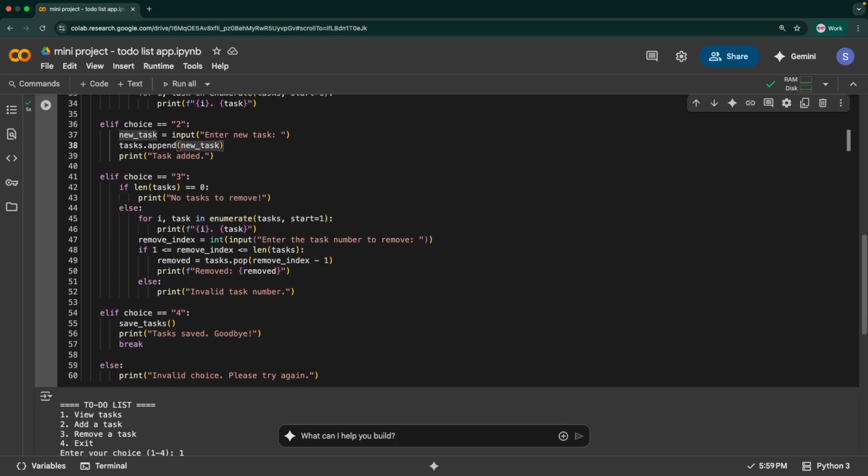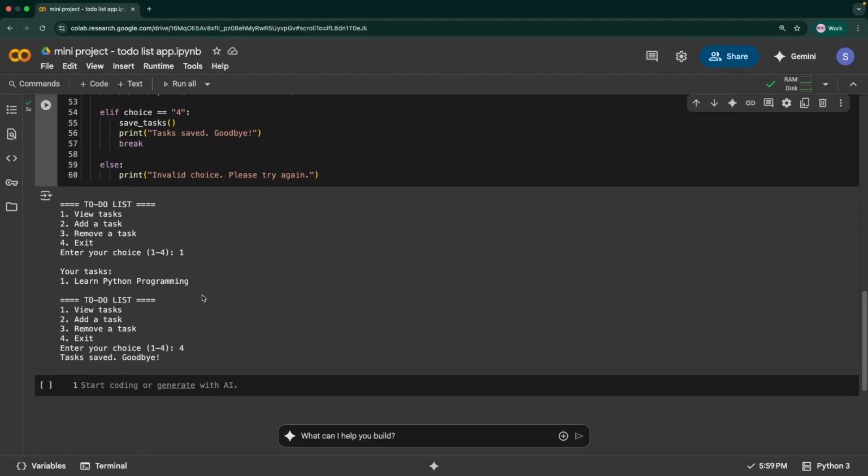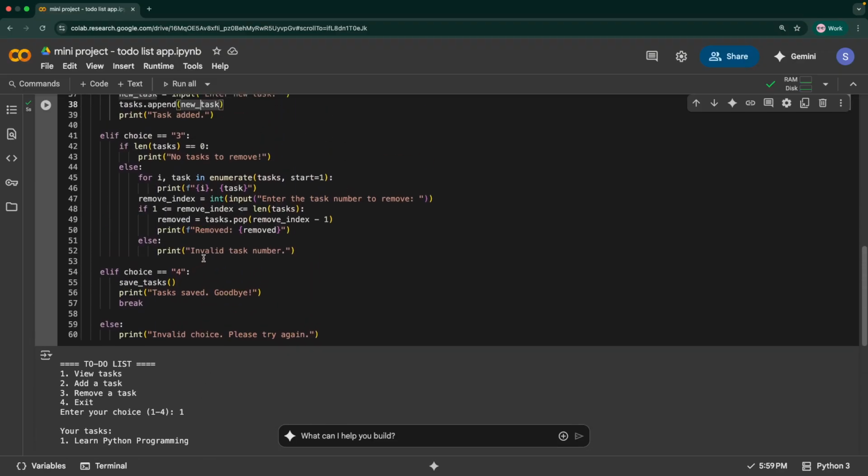And option 3 is removing a task. How we would remove a task is, first we display all the tasks in order. Let's say first is learn Python programming, second is learn C programming, third is buy groceries. We would list that and ask the user which task do you want to remove, 1, 2, or 3, and they would say, let's say, remove 2. If they provide 2 as the input, then we would remove the second task, which is learn C programming. So that's how this entire thing works.